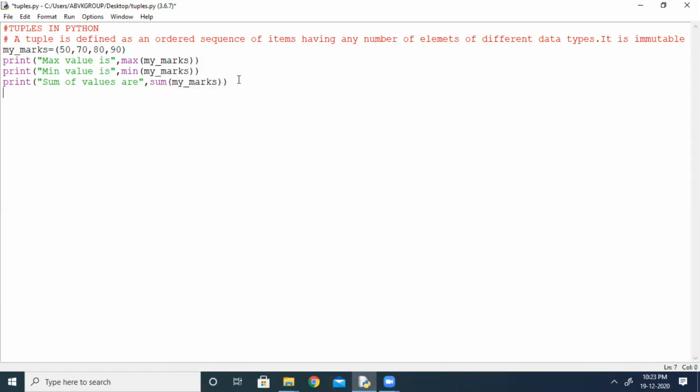Only I will change the function name. Here, sorted values. After sorting, what values am I getting? Sorted, then the name of the tuple.